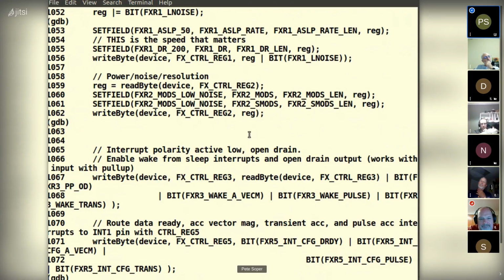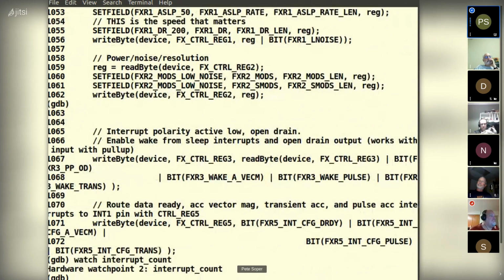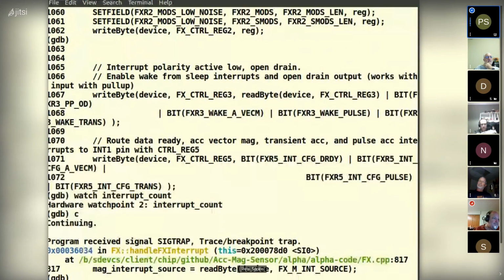So anyway, we've stopped here, and now I'm going to type a watch command on this global variable called interrupt_count, and then I'm going to do a continue, and we notice that we've got a trap right here, and it's on this program statement.